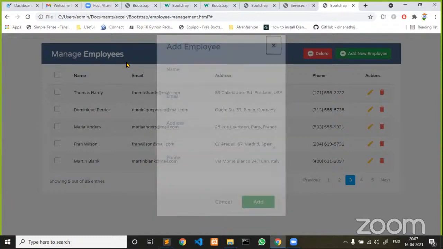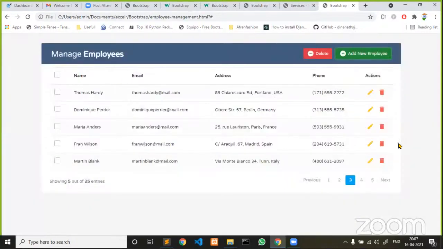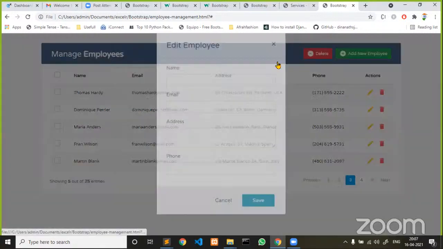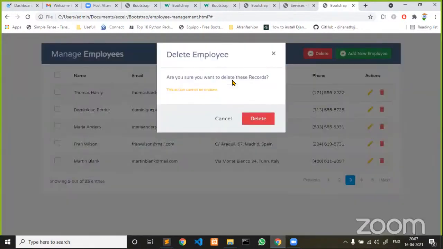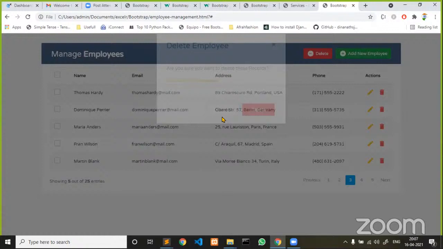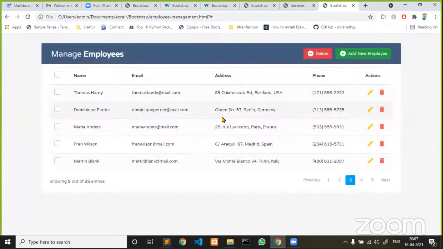Now, this same kind of layout, if you wanted to create by using HTML and CSS, you may have to write too much code. Here, I have used a table for displaying the data in a grid system. On click of edit also, again a pop-up. For delete also, this is a confirmation pop-up. All these pop-ups have been created by using Bootstrap without writing too many lines of code.